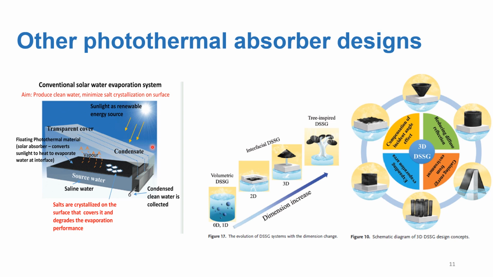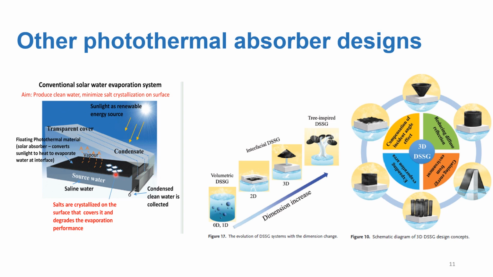We are also currently testing various designs of solar absorbers, such as those based on gold nanoparticles as well as hydrogel. But there are many other photothermal absorber designs in the literature, and the trend nowadays is that photothermal absorbers are usually based on a true 2D structure. It means they are flat in design.